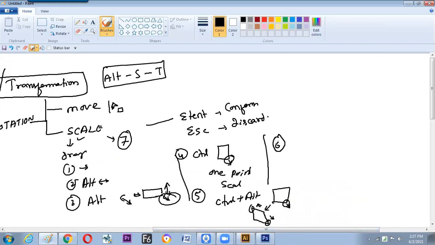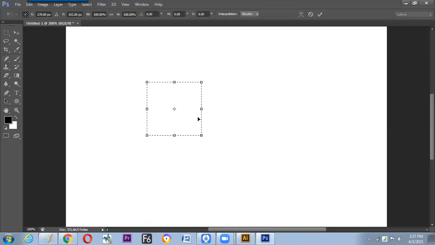Now we'll go for the 6th type of scaling. Hold the Control, and without dragging the corner, we can drag the edge. Can you see what happened now? Yes, we get a skewing type of scaling with an angle. Skew. Where to hold? At the edge. With what button? Control. What happened? It skews the things. Once it is confirmed, then go for Enter or else Escape.